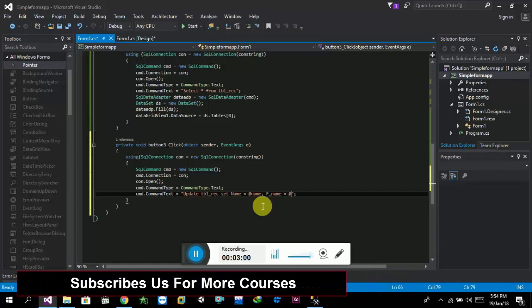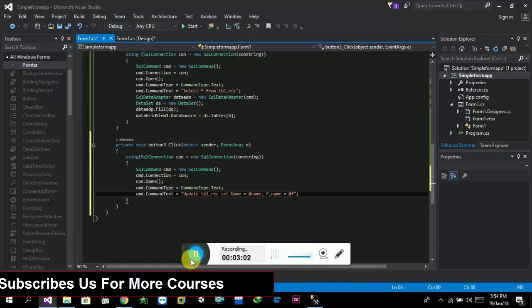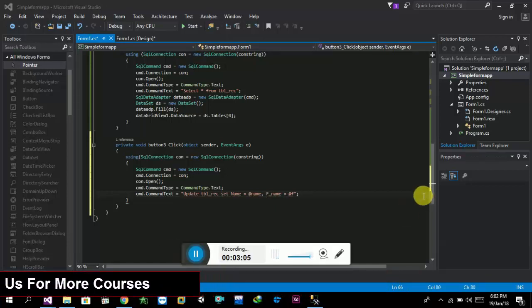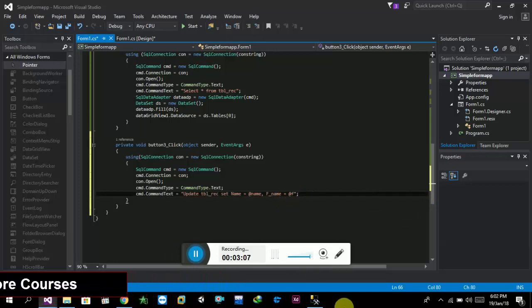Fname equals to add fname, add age for age, age equals to add age,